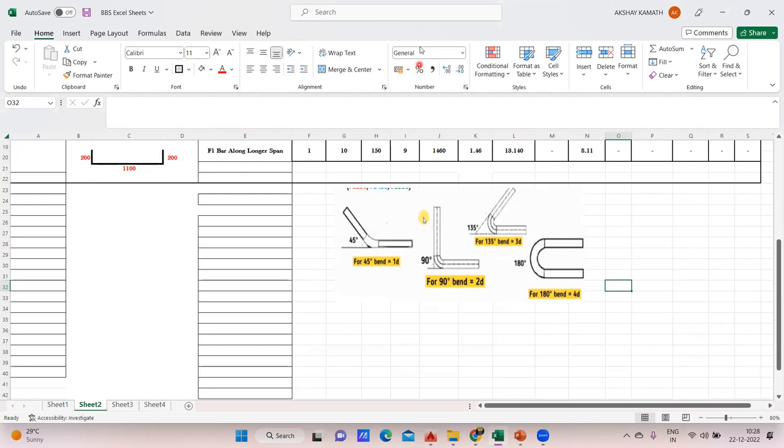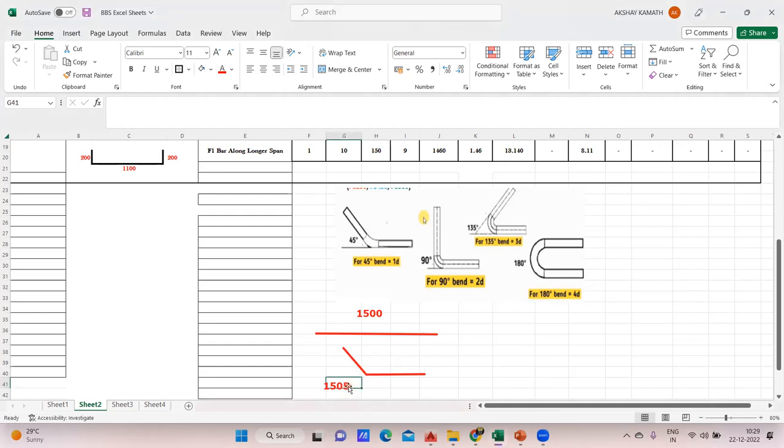For example, if you have not understood the concept, let us consider that before the bending, this is the length of my bar. And then I have bent my bar in 45 degree. This is my 45 degree bending. Let us consider the length of the bar was 1500 mm. And when I bent the bar, it came out to be 1505. I'm taking a rough value. So what has happened? Actually, the length of the bar was 1500, but due to bending in the 45 degree,